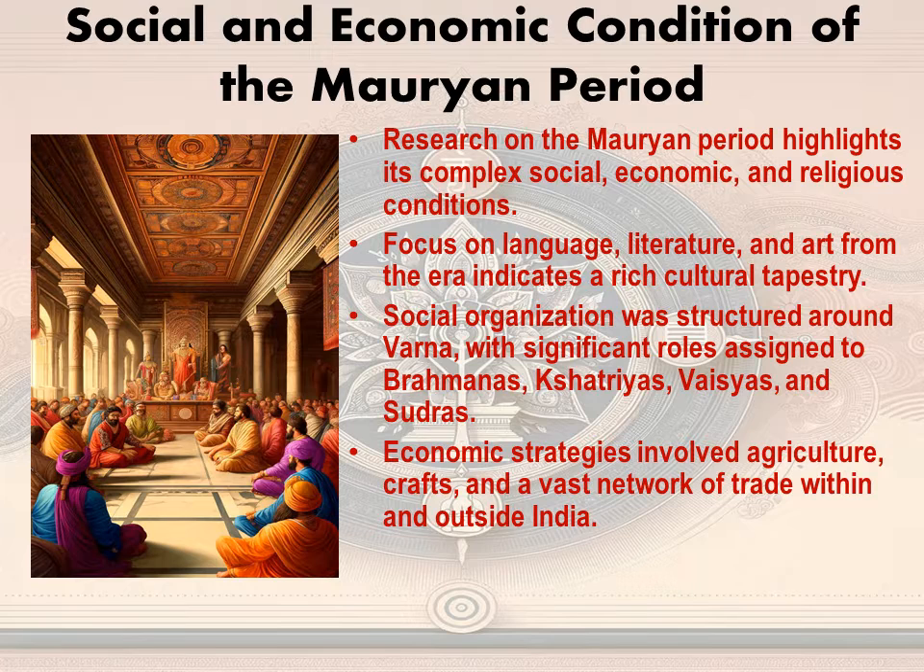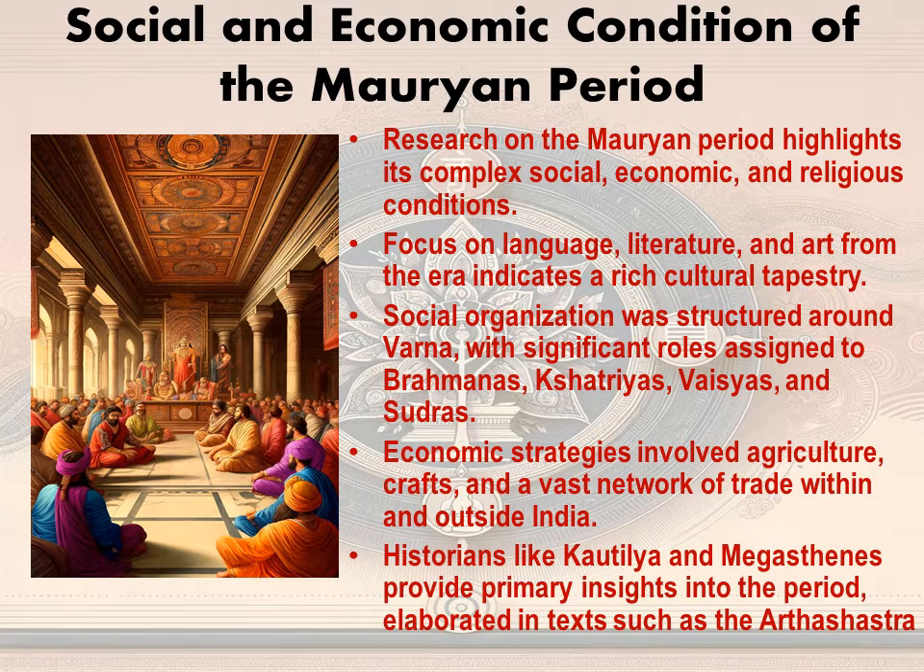Economic strategies involved agriculture, crafts, and a vast network of trade within and outside India. So, economic strategies involved both agriculture and crafts, and there was trade or commercial activity within India and outside India also. Historians like Kautilya and Megasthenes provide primary insights into the period. Megasthenes' text Indica and Kautilya's text Arthashastra provide a great depth of analysis on the social and economic condition